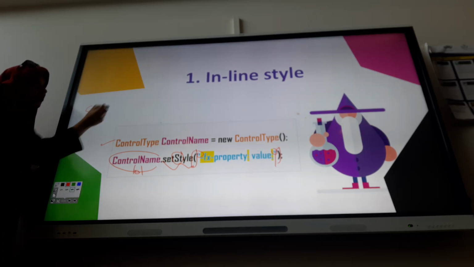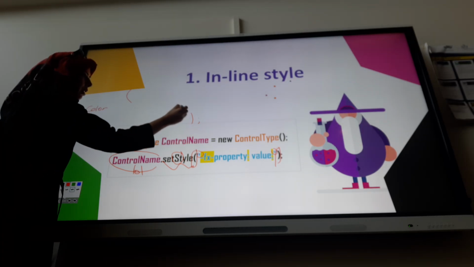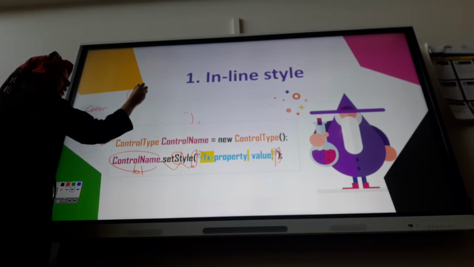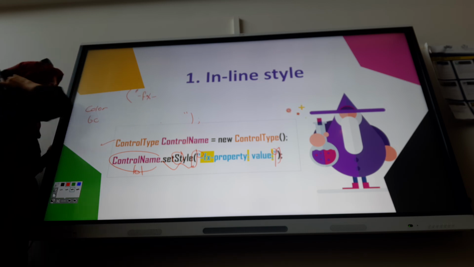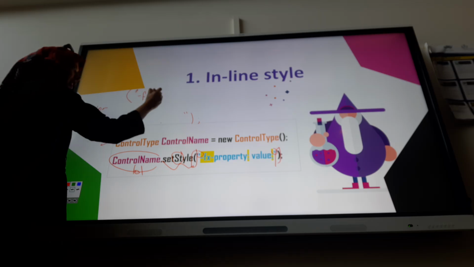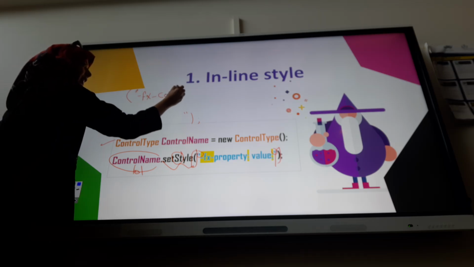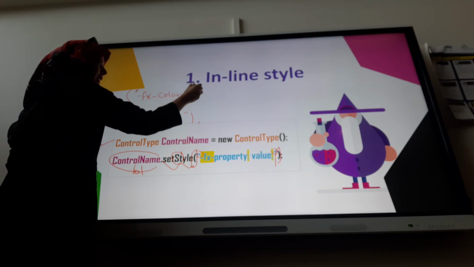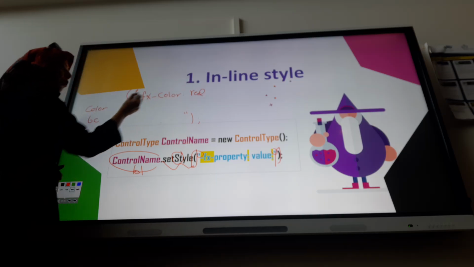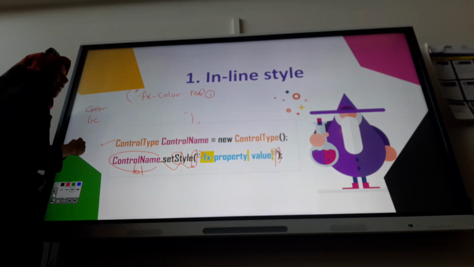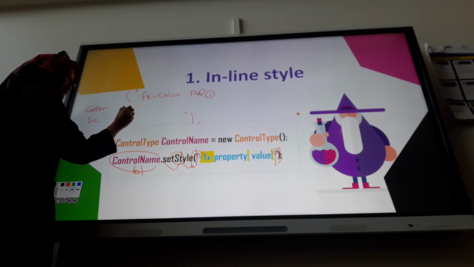How to do it? So here, in between this, I will start with the same syntax: fx, to tell it I'm using an fx element, okay? Then color, then colon, the value of the color, which is red, let's say, just anything, okay? Before moving to the next property, add a semicolon, then another fx, then background